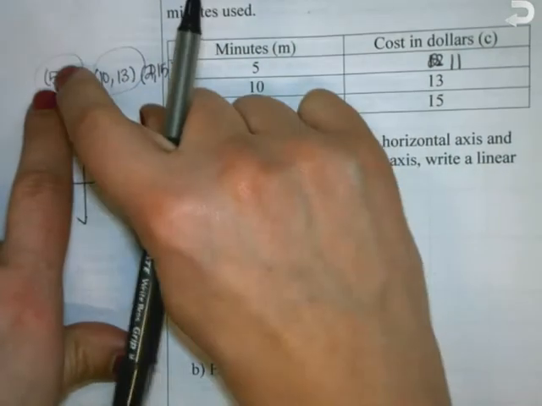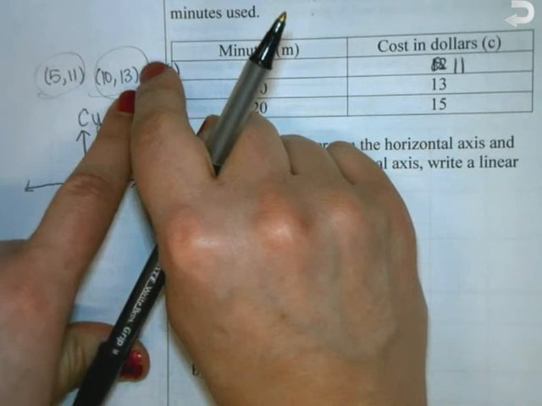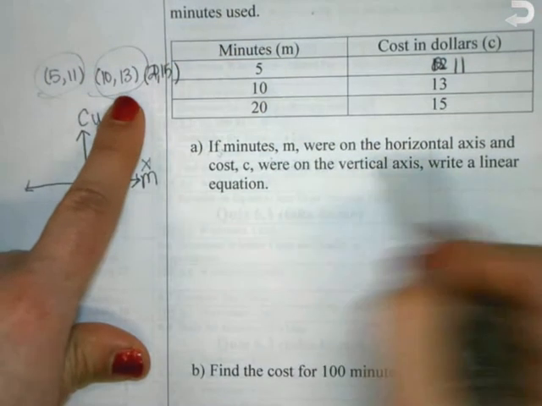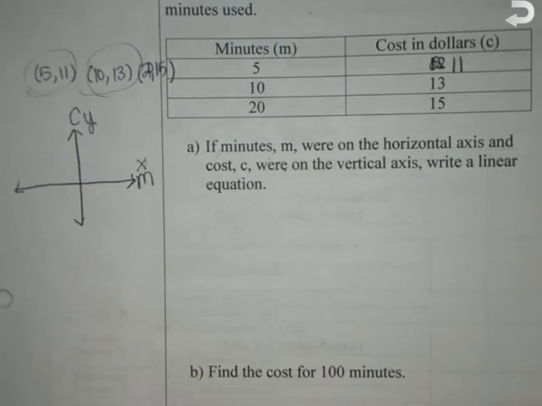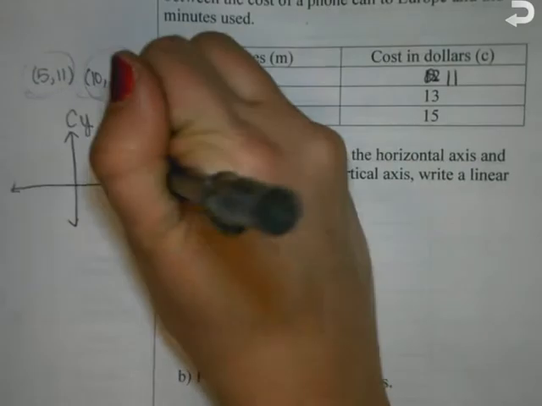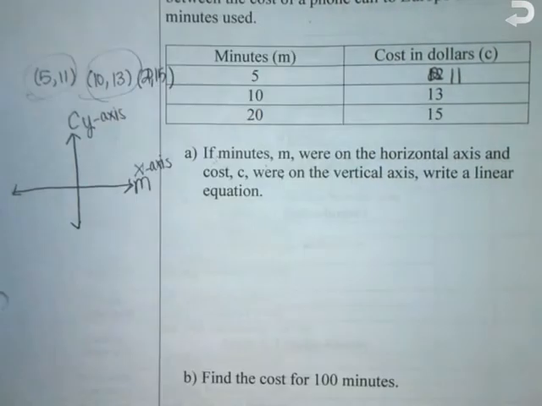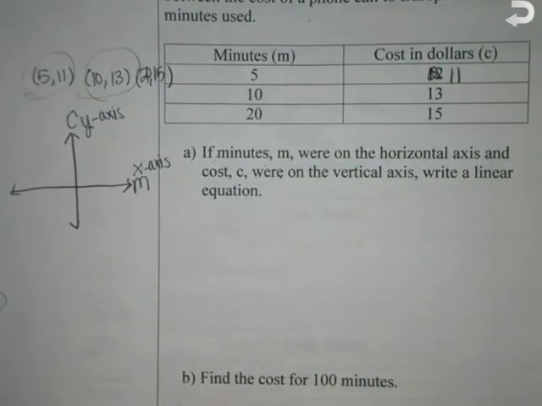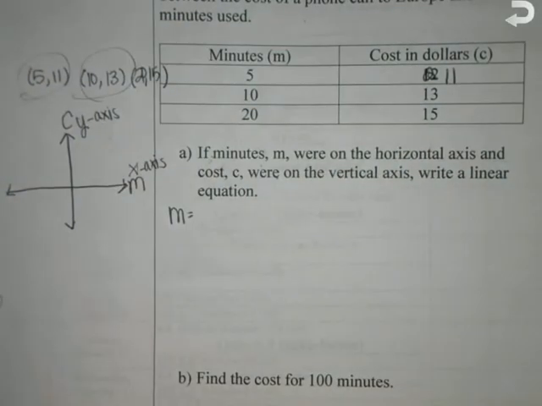But you need to make sure you read that part, because it might have flipped it on us, and that would change our answer. Okay, so this is the x-axis. This is the y-axis. Write a linear equation. So I'm going to do slope. M equals. We decided we wanted to use these first 2, so that is 13 minus 11 over